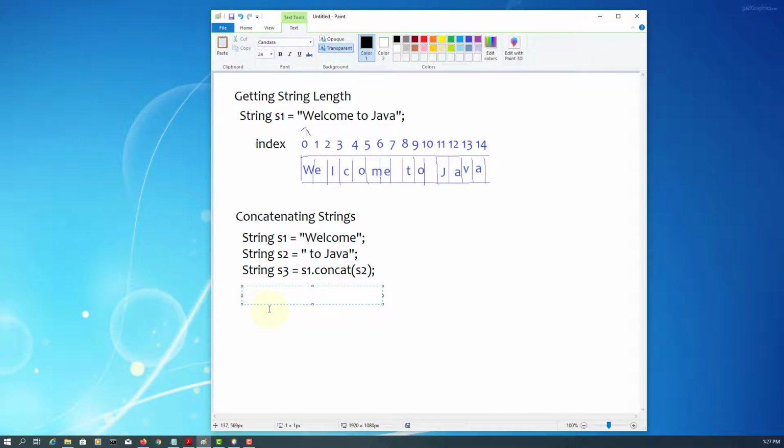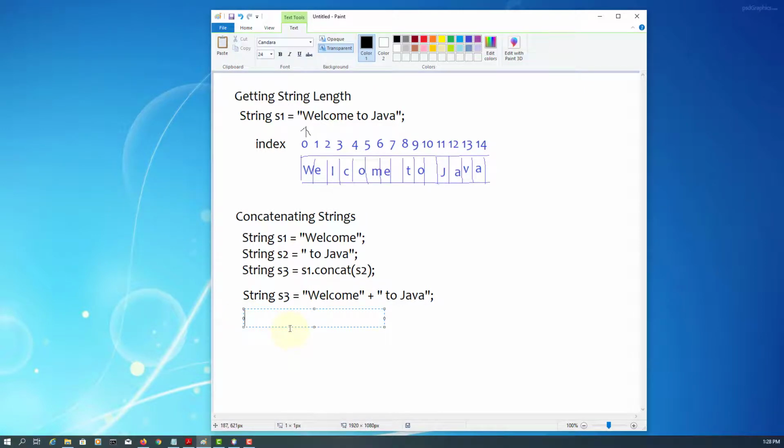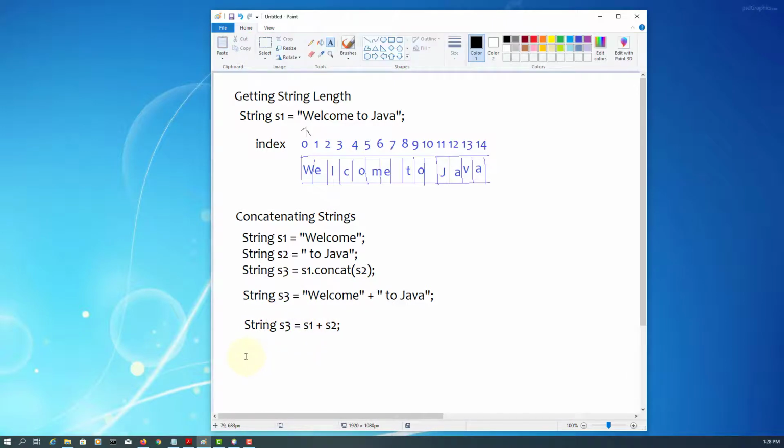Or we can use a plus symbol. Or S3 is S1 plus S2. Again, something you already know. Or